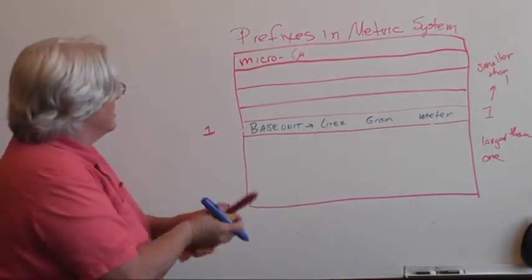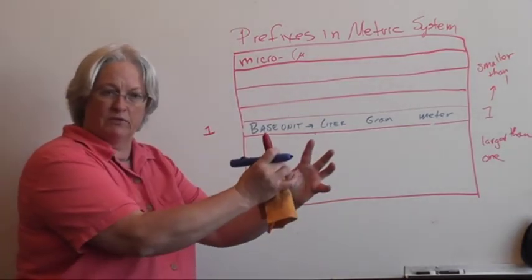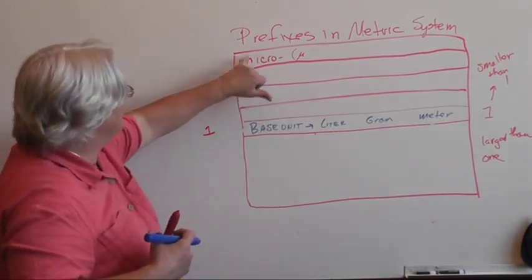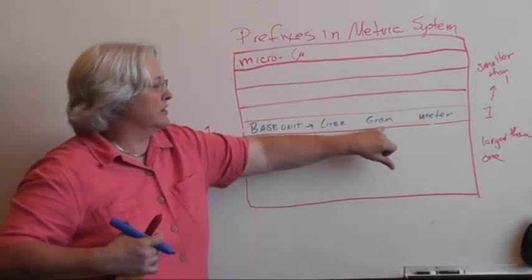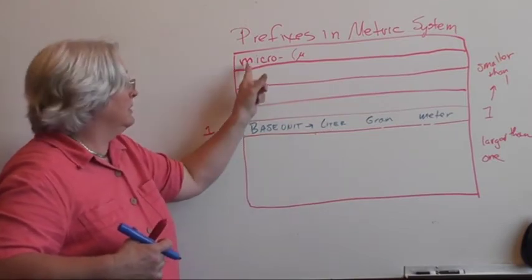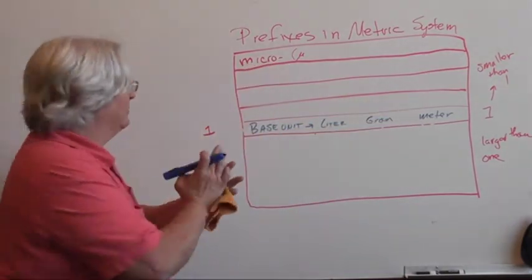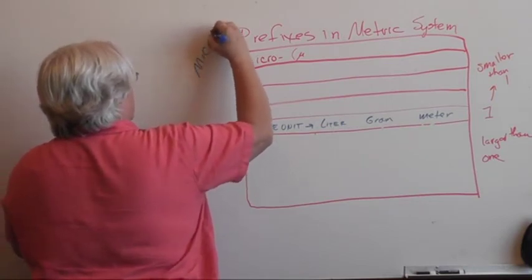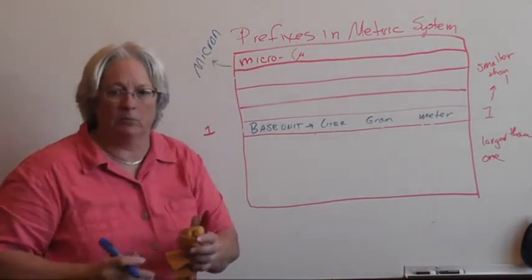So the prefix is this Latin thing that comes in front of the word. And that's where Latin roots come in. You attach the prefix, pre means before, so you put that before these base units. So you're going to have a microliter, microgram, micrometer, except they don't call it a micrometer anymore, they call it a micron. And I checked with my husband to make sure, because I thought it was a micron. And he says yes, they don't use micrometer.